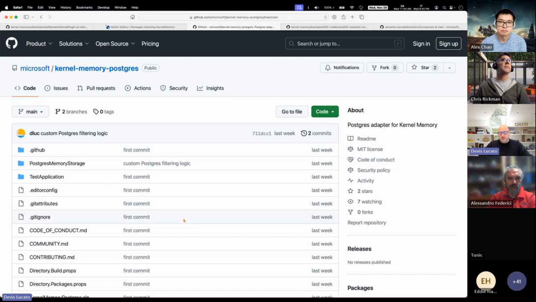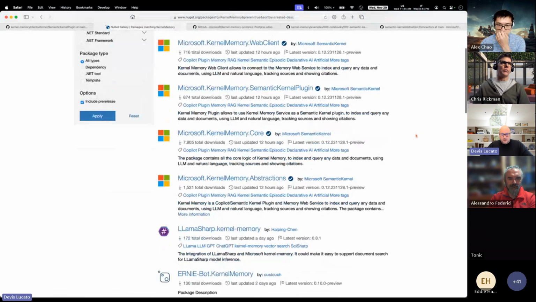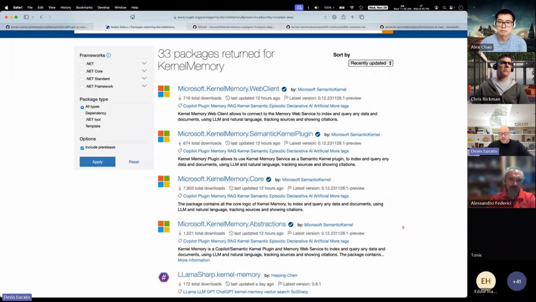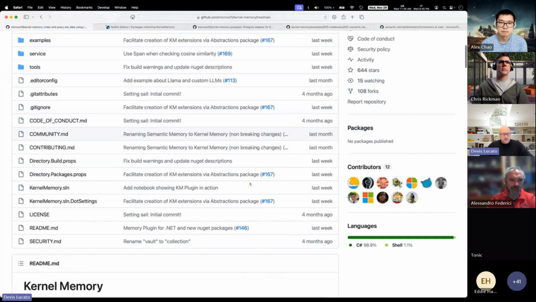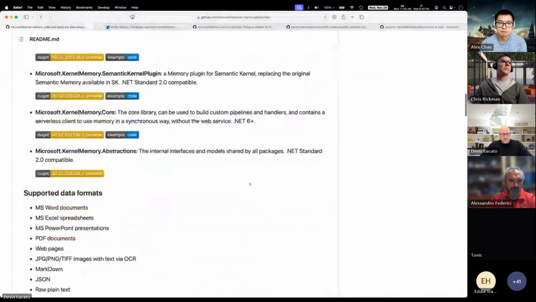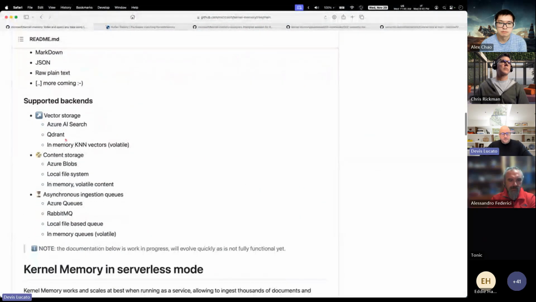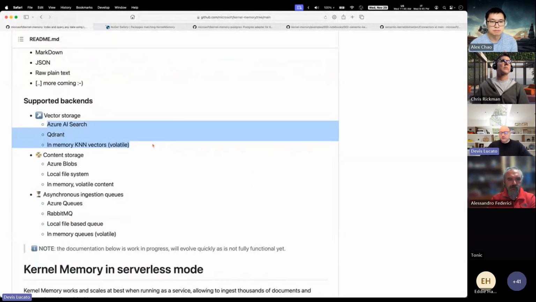I saw there was a question about Weaviate. All the files have this copyright by Microsoft. It doesn't need to be like that. You know, it's just code. You can publish the NuGet package. For example, if you look here, there is a LlamaSharp kernel memory package. You can deploy your own, and we will help advertise your extension. We will call it out in the repo. For example, in the memory repo, we have a list of supported backends. We can add these others to the list if you deploy something new to NuGet.